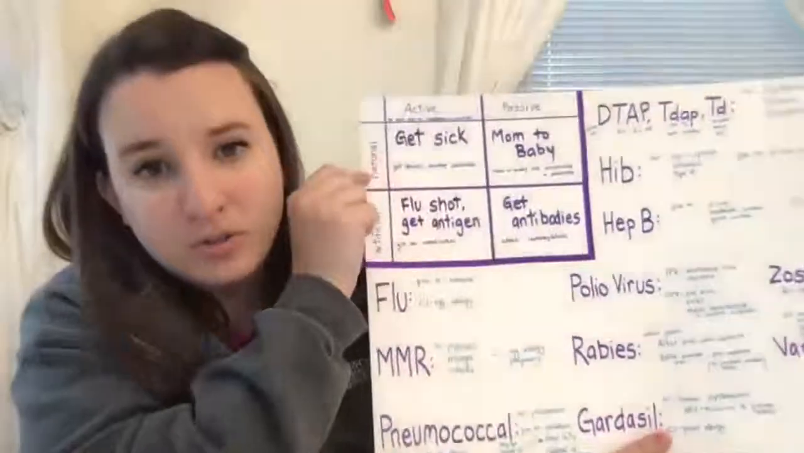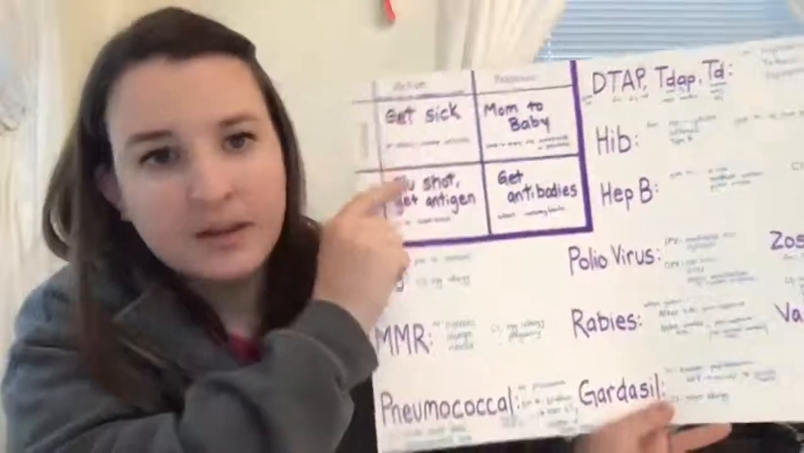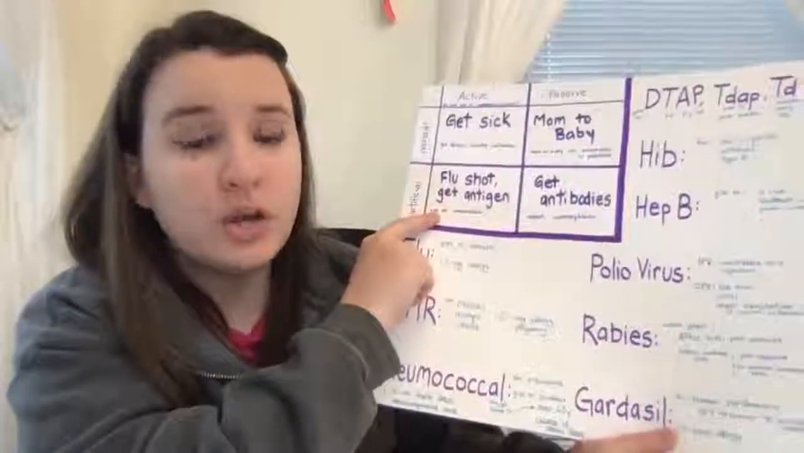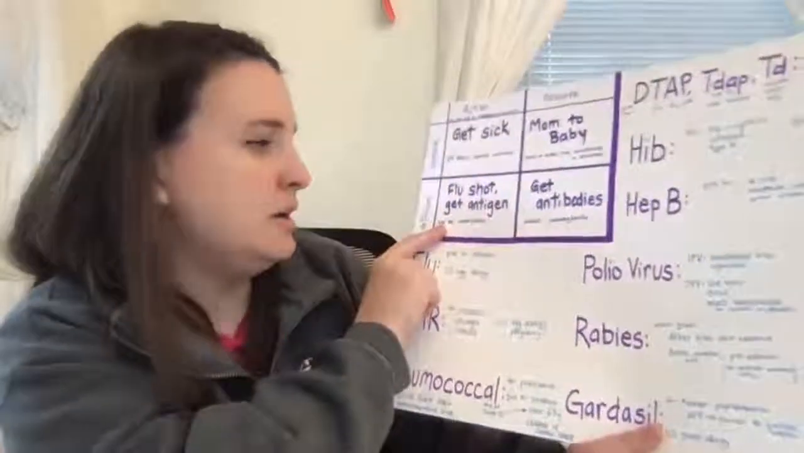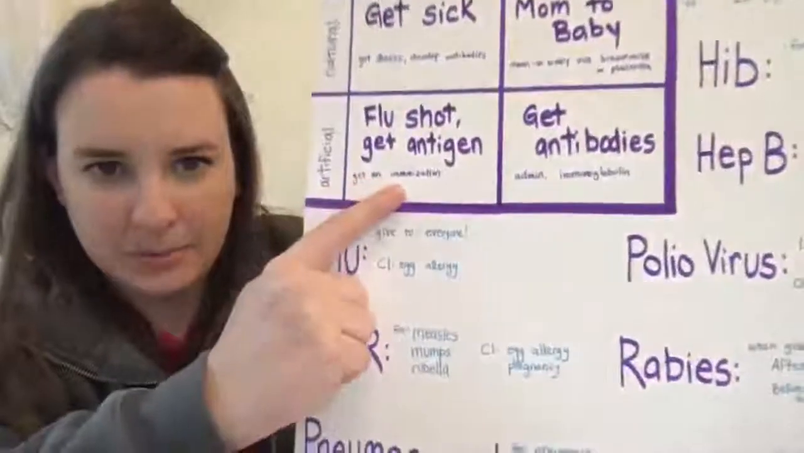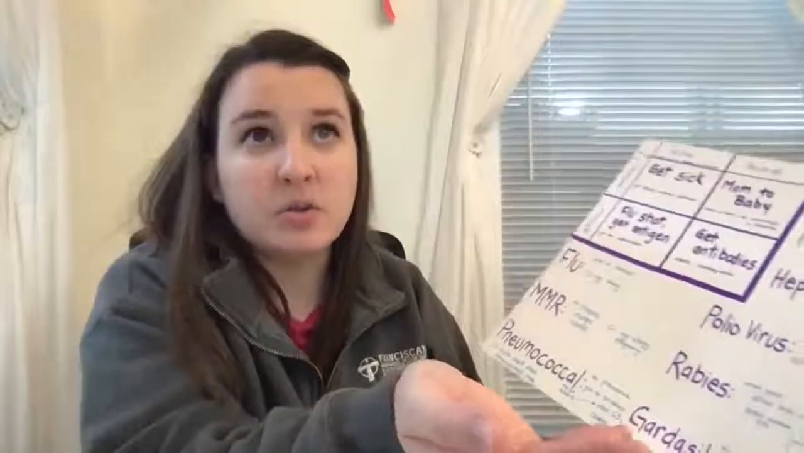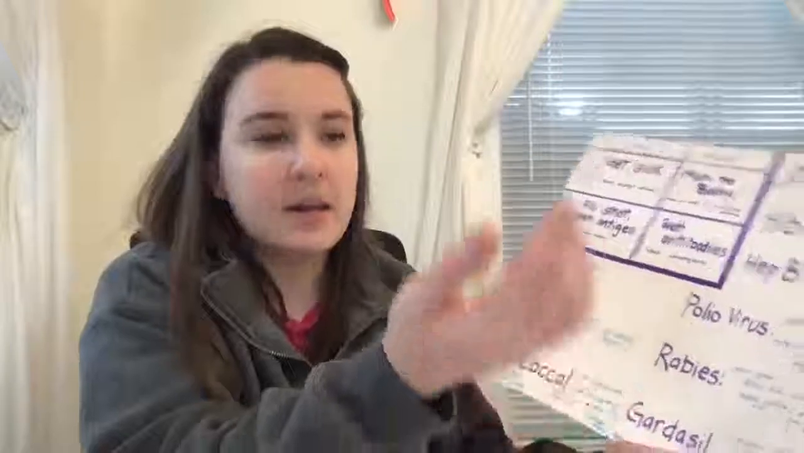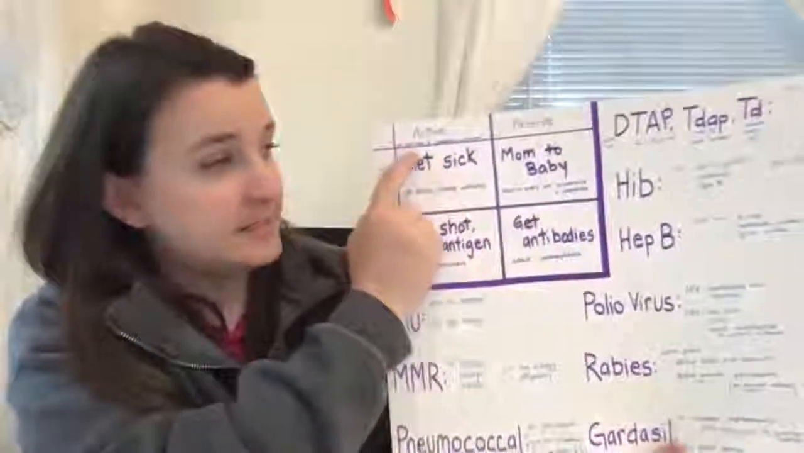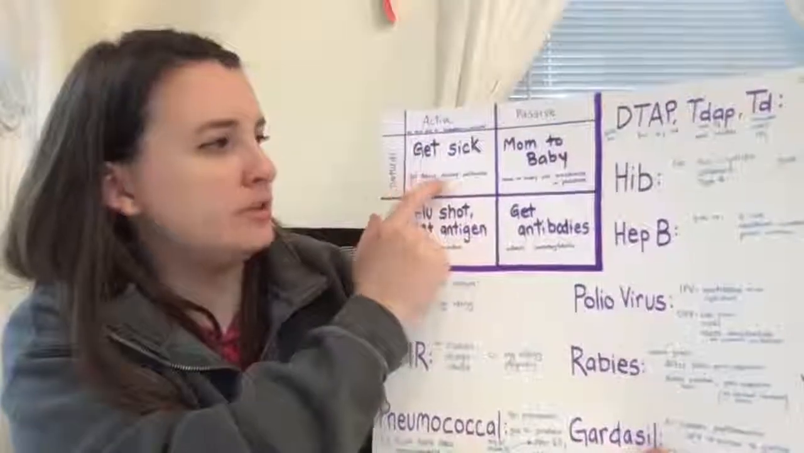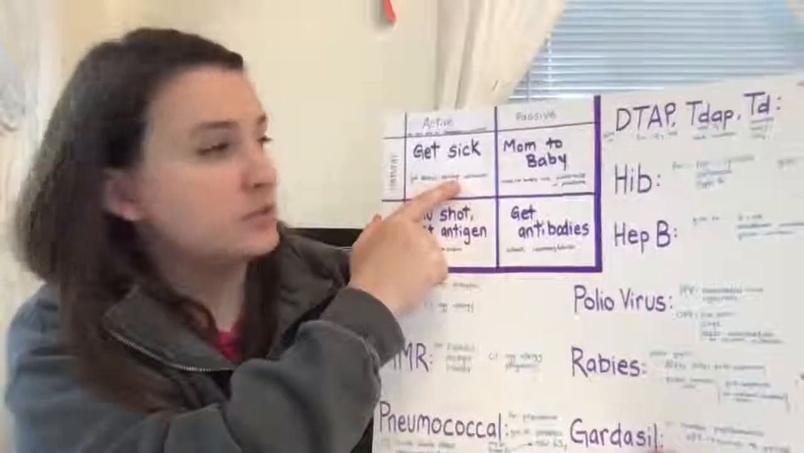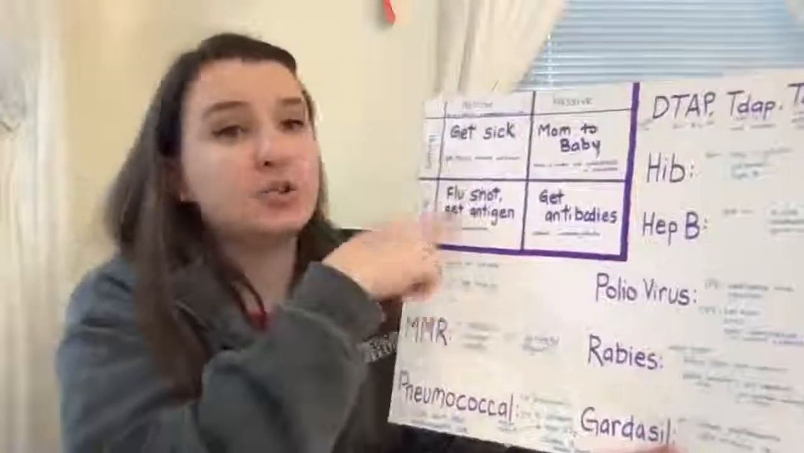So artificial active: you go get a flu shot, you get the flu shot antigen, so you're getting an immunization. If you just get sick, like you go to school and you catch the flu from somebody, you're getting natural active. You get the illness, you develop antibodies to the illness. Natural passive,